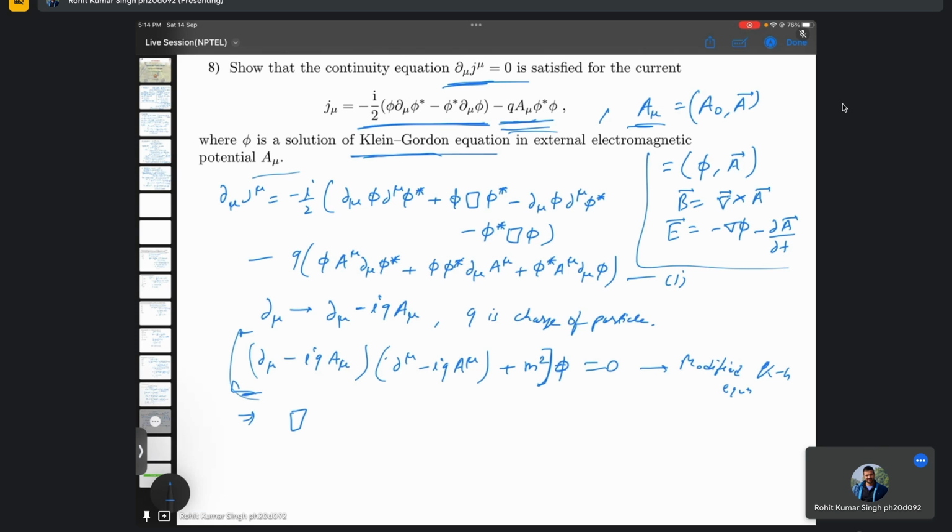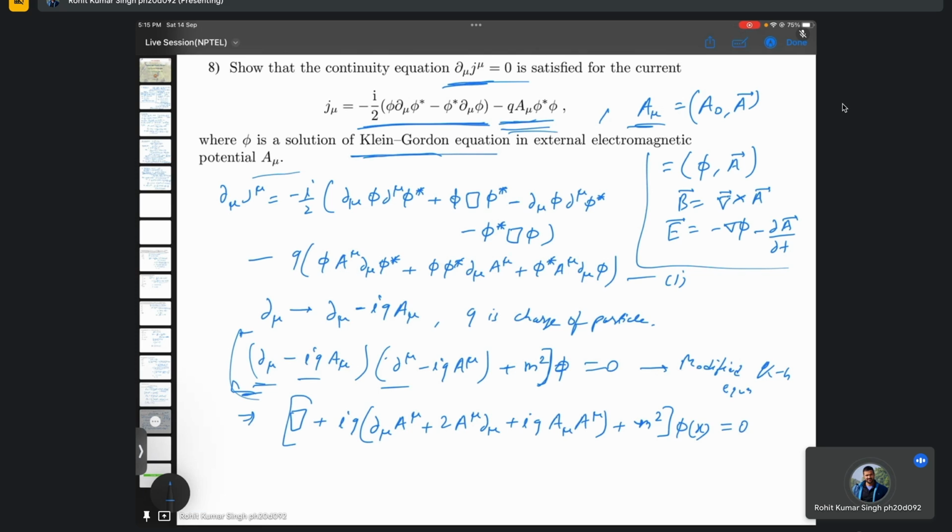So box, because del mu scalar product will be just the box operator, plus iq, I'm taking common, del mu of A mu plus 2A mu del mu plus iq A mu plus m square phi of x. This thing is